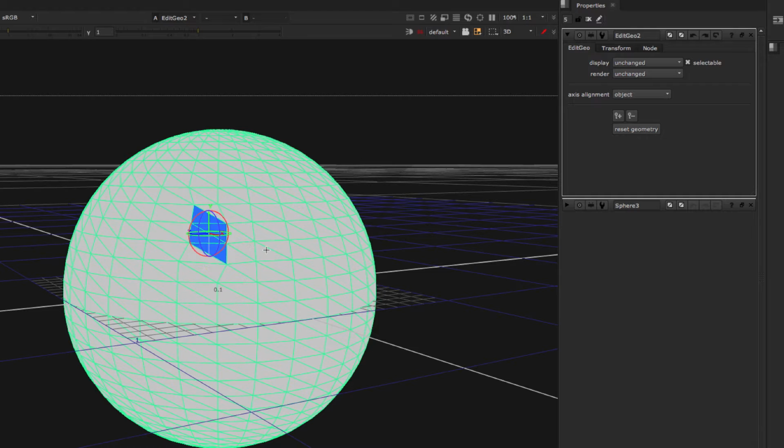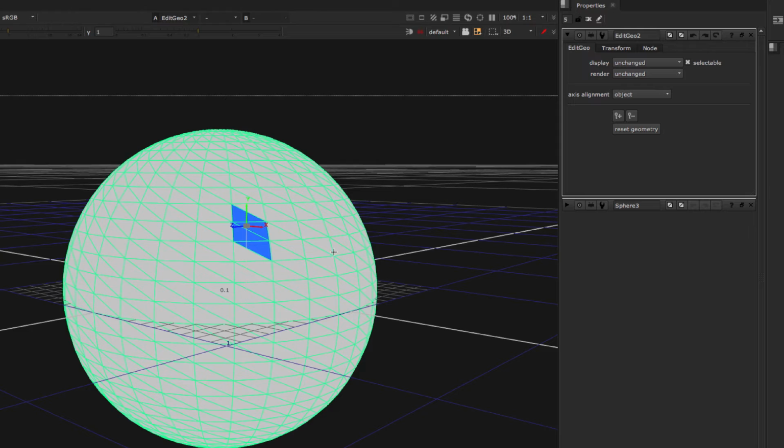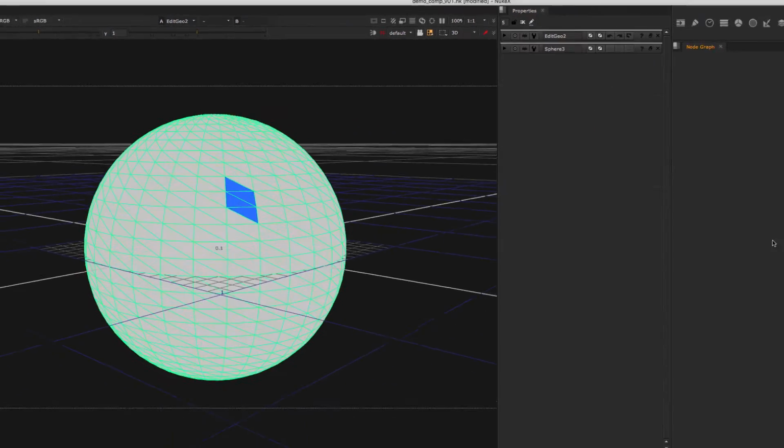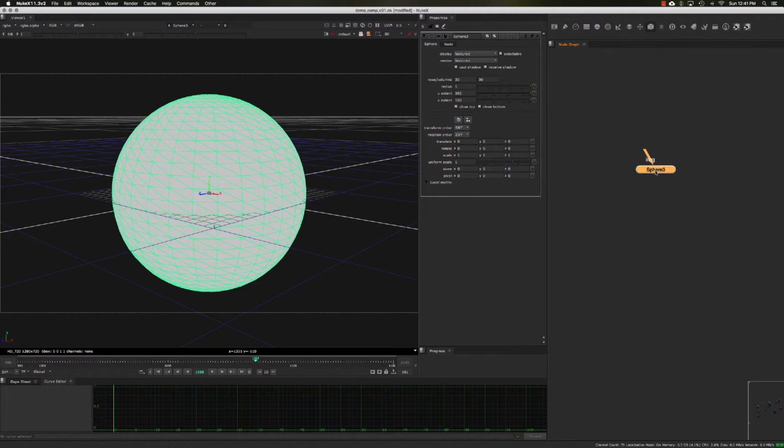So that's pretty handy to be able to do some slight modification so it's not the geometry that you started out with. So Edit Geo is very handy. On top of that too, there is another node. Let me go back to normal object selection. Another modifier called Displace Geo. So if we grab that,